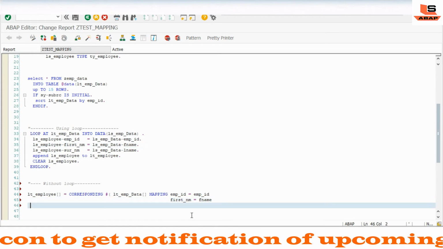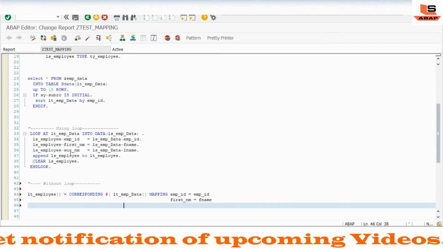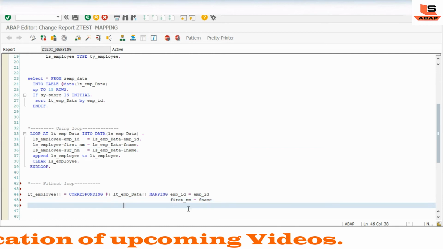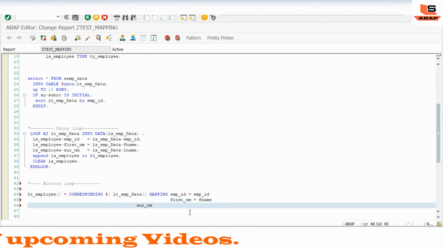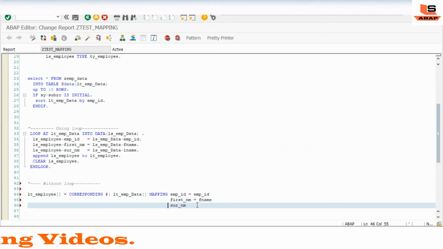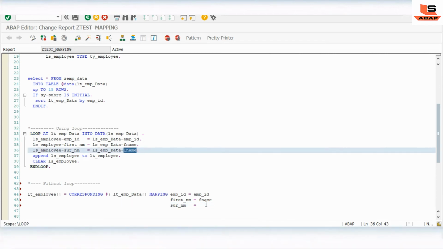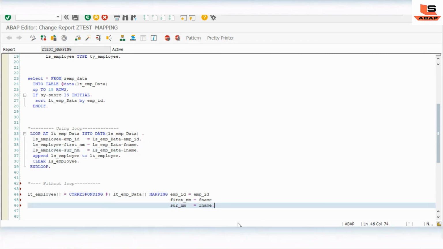Same for the third field, surname is equal to last name. Make it close, check, and activate.